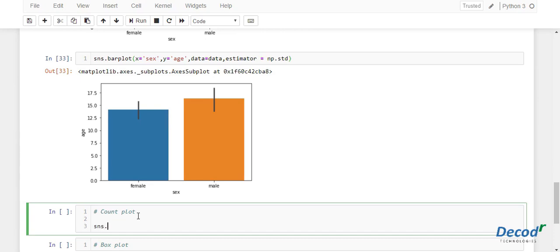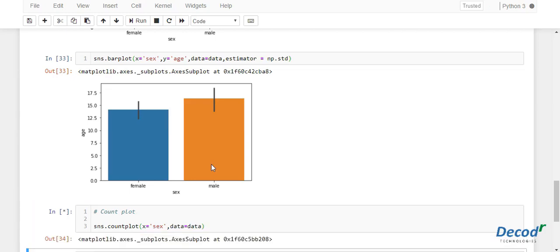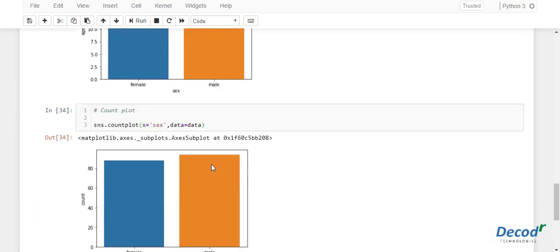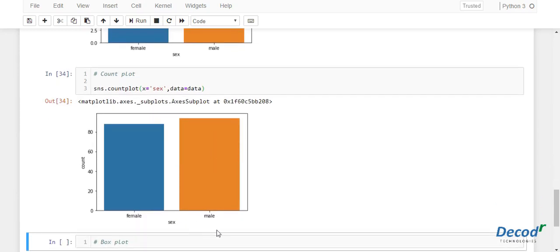The sns dot function called countplot, with x-axis as sex, as in the gender of the passenger, and the data frame called data. If you execute this, you will be able to see the number of female and male passengers. So female is nearly 90 and male is more than female, that is nearly 100.